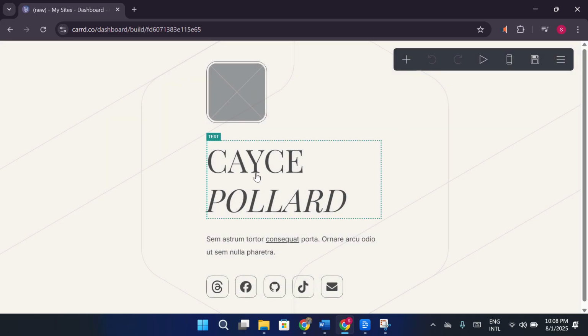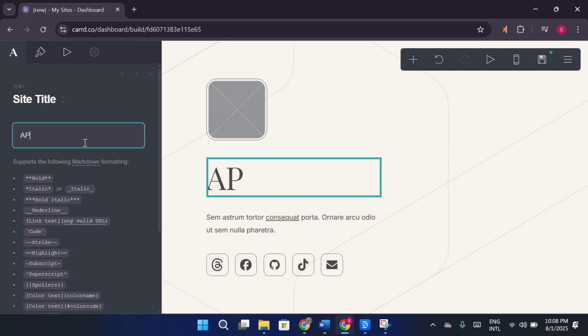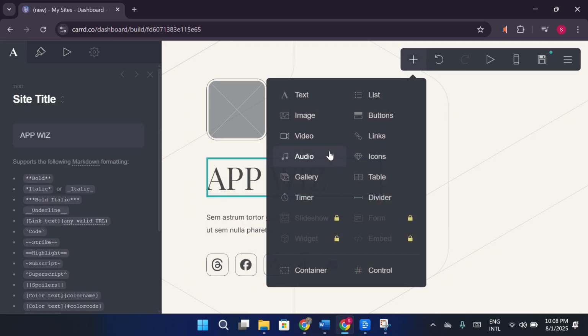Once the editor opens, click on any element to edit text, upload images, or change styles. You can drag elements around to adjust the layout to your liking. Use the plus button on the sidebar to add more sections like forms, buttons, videos, or galleries, depending on what